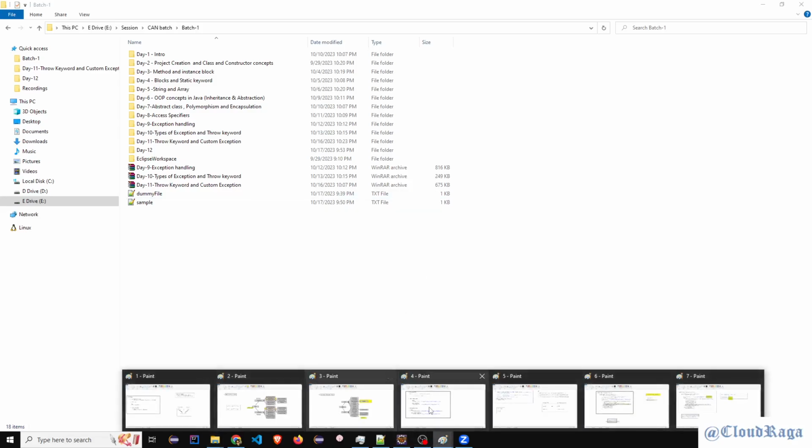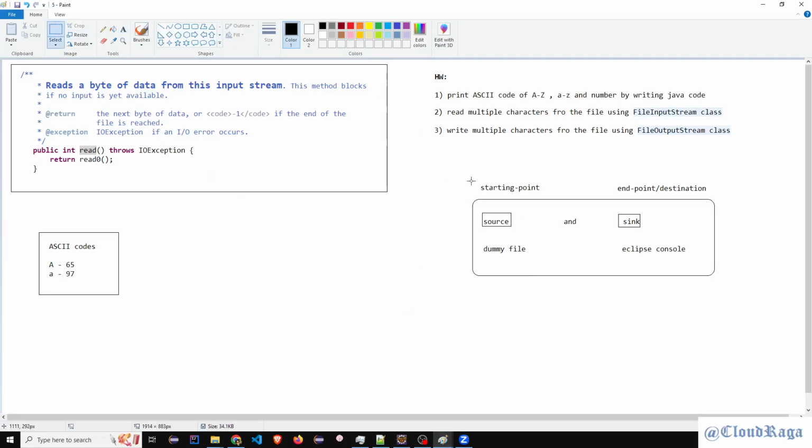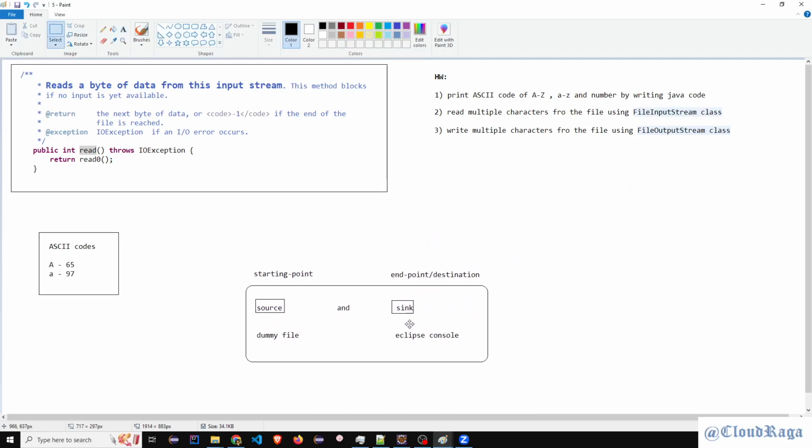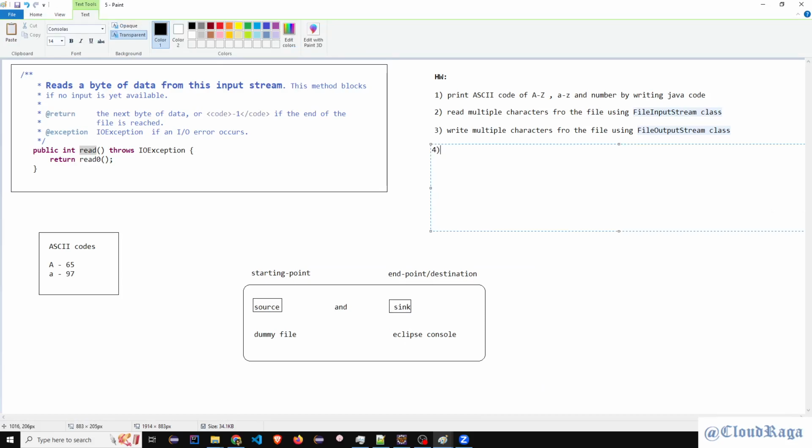I'm adding one more homework here. On Saturday, when we go to the office, I will see these examples on your machine. So next is to write some examples to test methods from the File.java class.